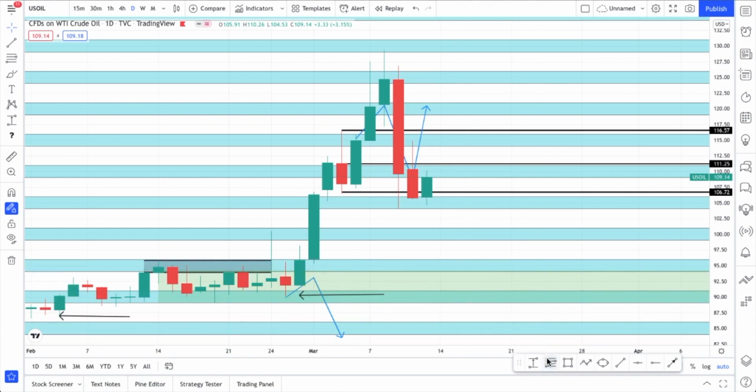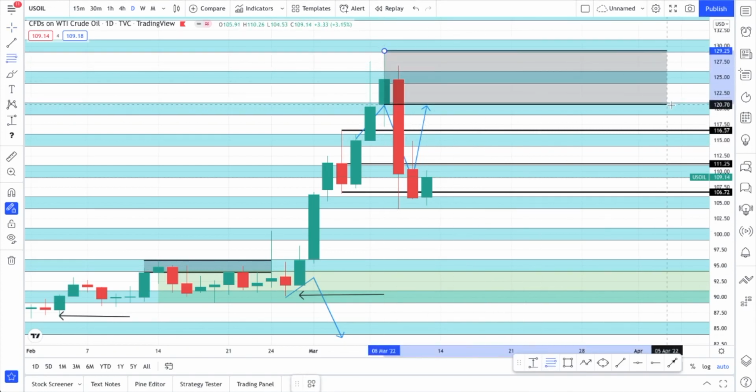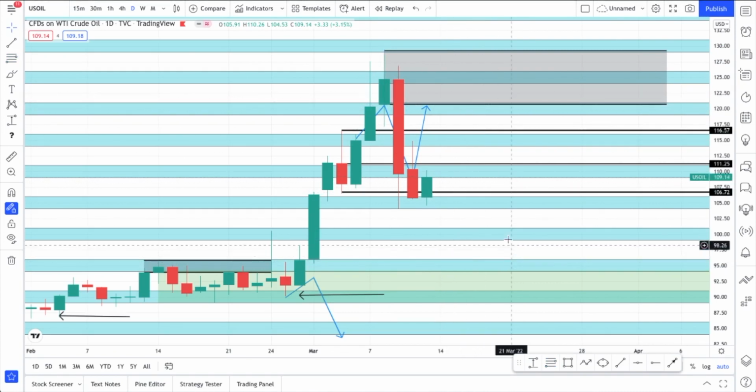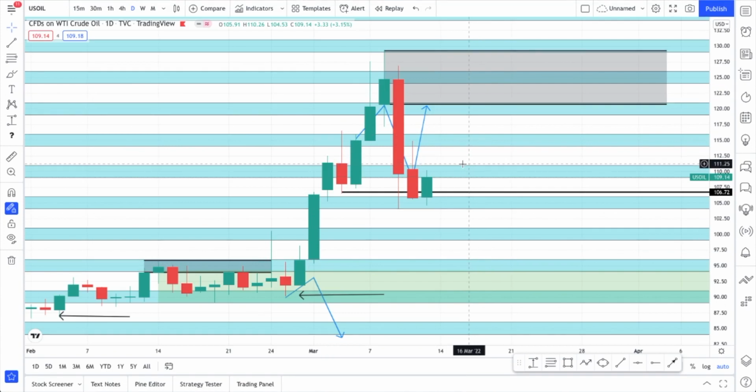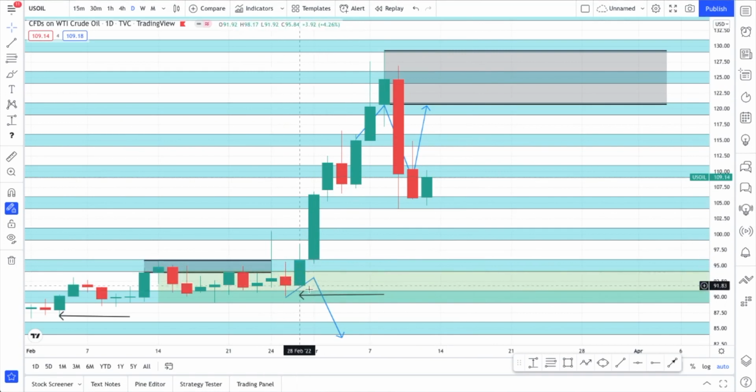So again, if we look at the daily time frame, we can see that there's an engulfing structure here, which I myself will be looking for in order to look for short trades. So if prices were to return up here, I would look for short trades. In terms of the daily time frame, there isn't any demand zone which I could look to take until all the way down here. So this will be what I'll be looking for. Any pullback up here would provide me the opportunity to short the oil.